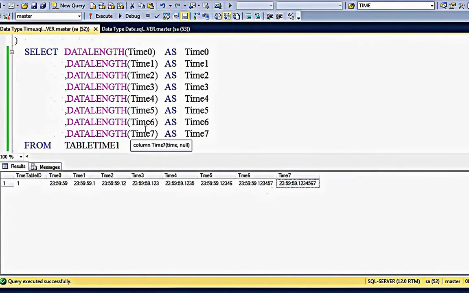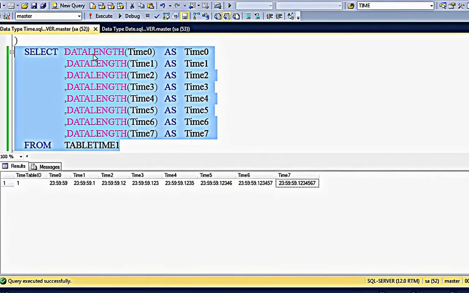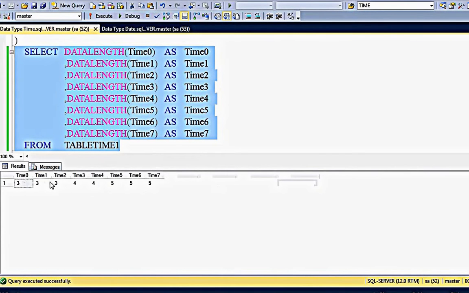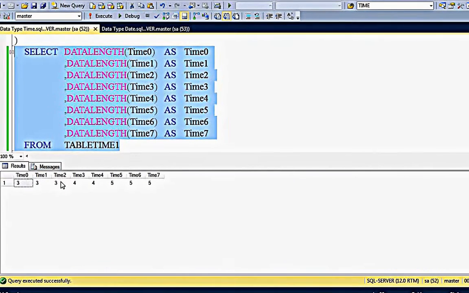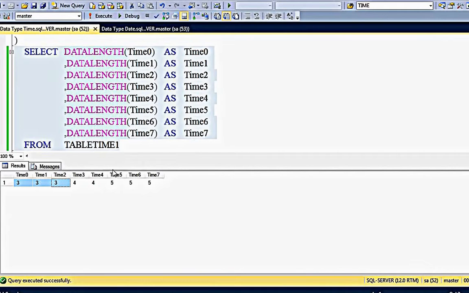So let's see the difference between these data type sizes. For that I have used the DATALENGTH function. When I execute it, see here, time of 0, 1, and 2 have the same size of 3 bytes, time of 3 and 4 have 4 bytes, and time of 5, 6, and 7 have 5 bytes. As I have already told you, time of 0, time of 1, and time of 2 occupy 3 bytes. Time of 3 and time of 4 occupy 4 bytes. Time of 5, time of 6, and time of 7 occupy 5 bytes.